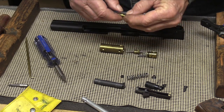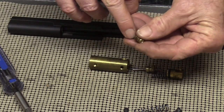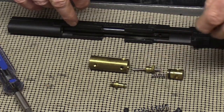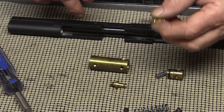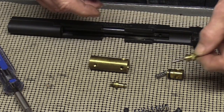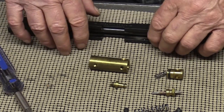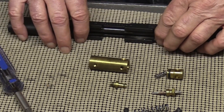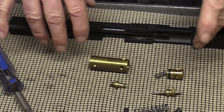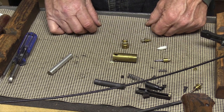We're going to replace 2 O-rings here on the transfer port, one on each end. We're going to replace the exhaust valve seal and stem, and there's an O-ring here we need to replace. There's 3 O-rings in there basically that we need to do. So I'll pull those off and then we'll come back and, all right, we're putting these O-rings back on,